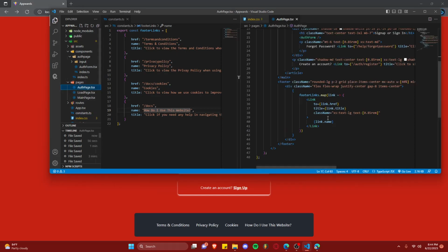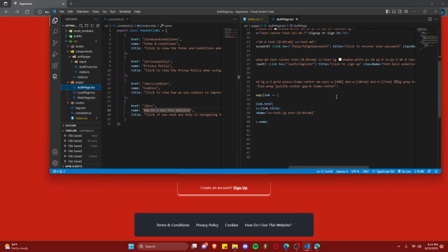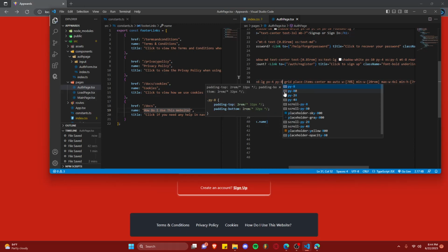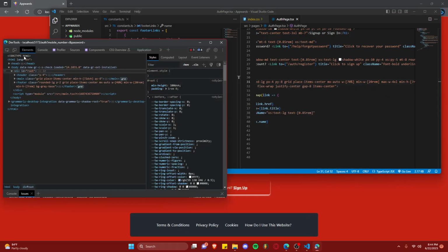Where are we? There we go. So 60%, 70%, but max width of 4XL. Then I want to change the padding actually. So PX 4, PY of 2. There we go. If we have this flex wrap,